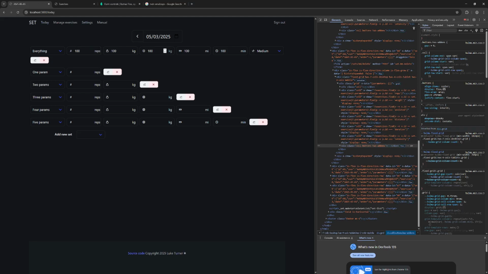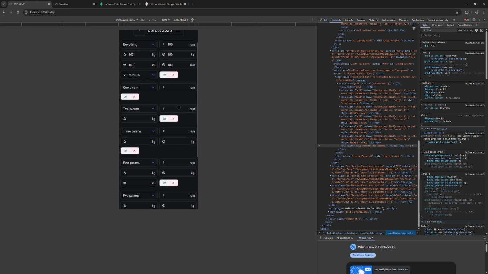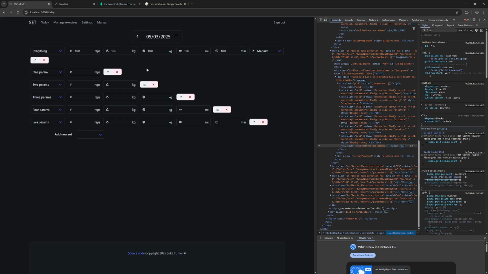I don't like how if you have all 6 things selected, it rolls over to the next line, but this case is actually really rare. Obviously in mobile, it's going to roll over if you have even just one parameter. But on desktop, it shouldn't really have to roll over. And this seems fine. So then, if we say, okay, we're fine with this actually staying the way it is,